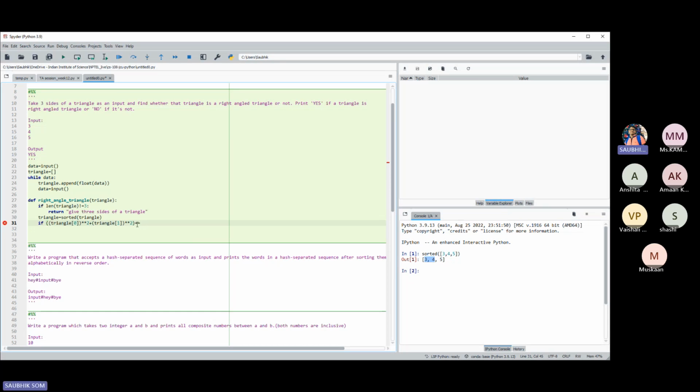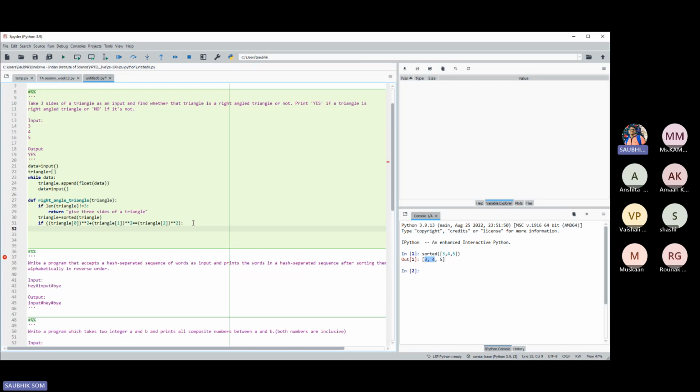Is equals to triangles, the third element, 0, 1, 2. Again, we can give this as -1, whatever is the last element or the third element, squared. This will actually go here. Correct. So this whole thing is under the if condition. If this condition is true, then